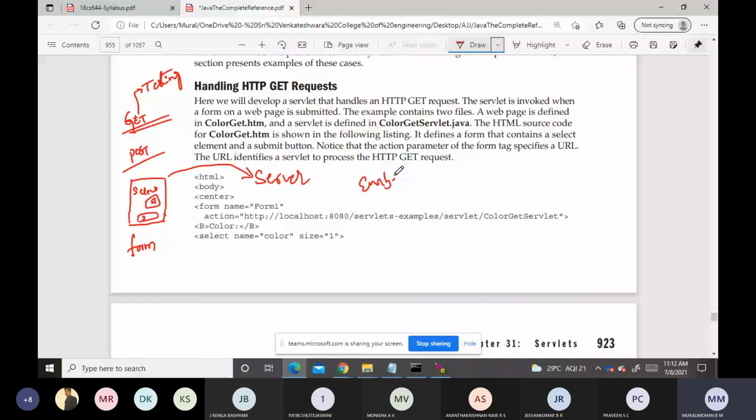If we are sending sensitive data like passwords, transaction data or business data, since it is embedded inside the URL, the get method is not useful because of the security issue.